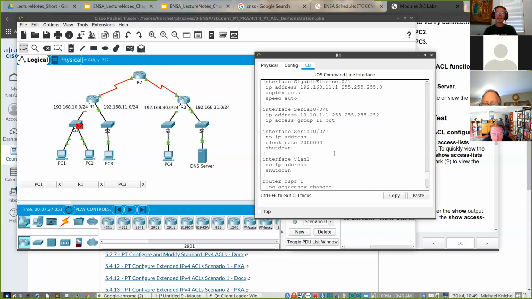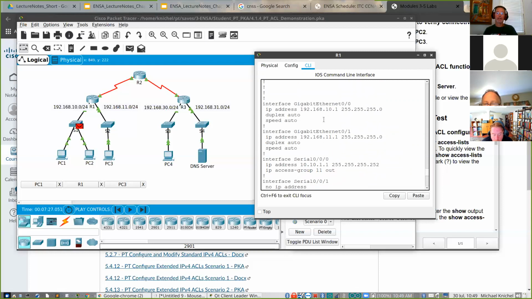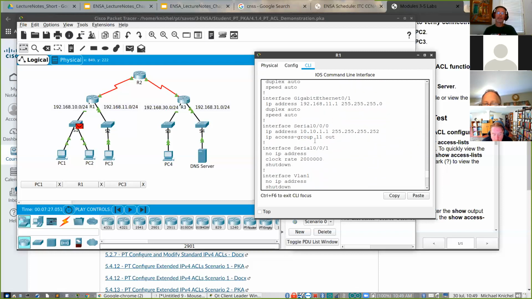And then up here on gig, oh, it's on serial. That's where it is. It's on the outbound side. Serial 0/0/0 is saying outbound. So in all honesty, oh, this is standard. Sorry, I misspoke. If we were to put that on this interface, it wouldn't allow this guy over here from getting to PC3.